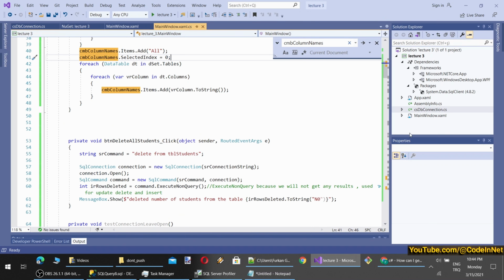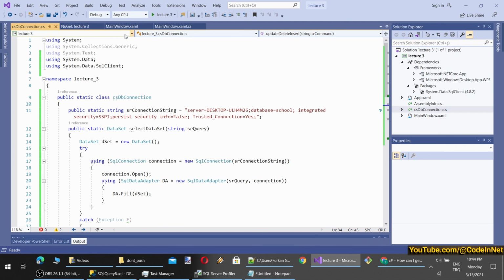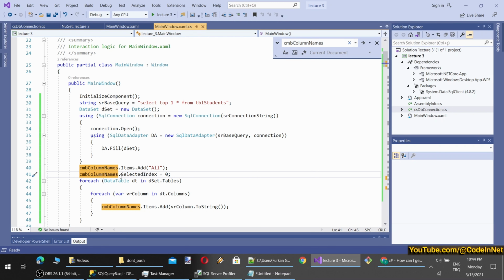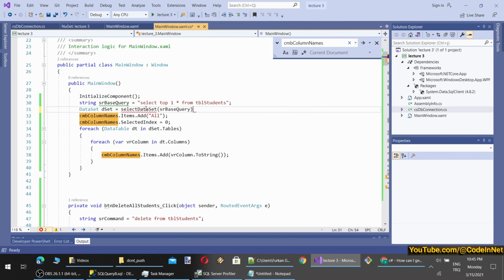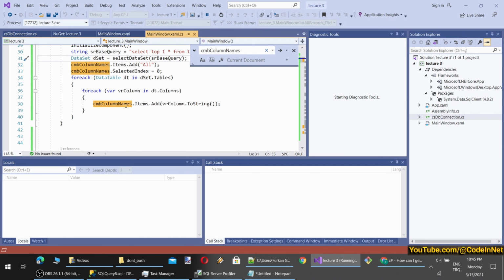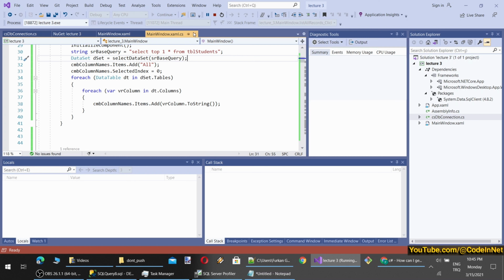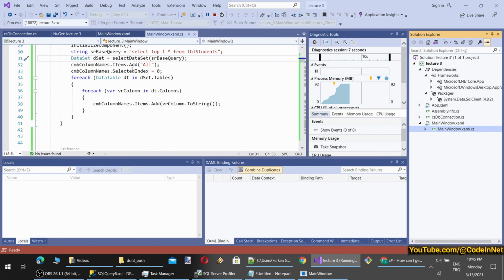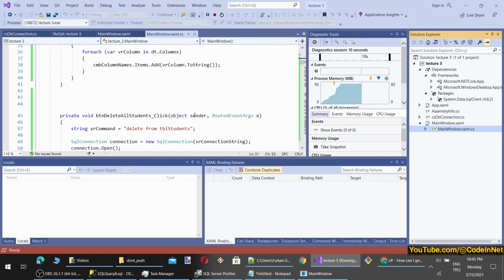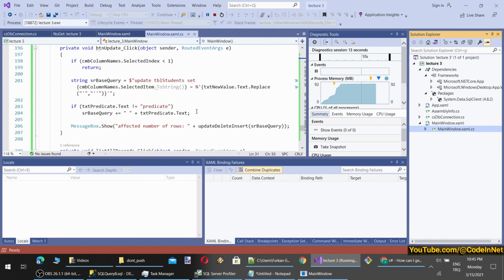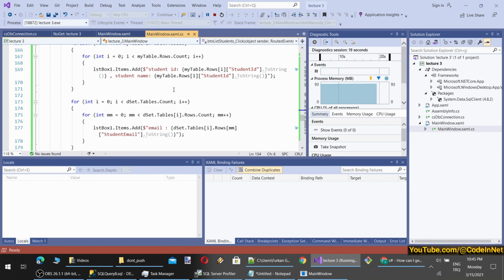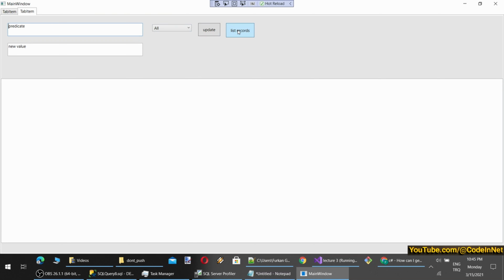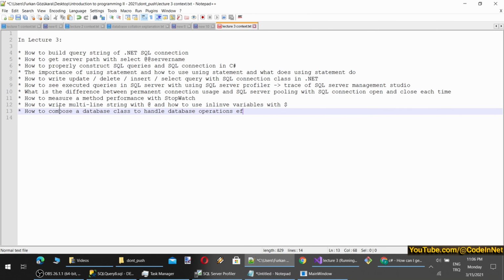I have composed a connection class. Now I don't have to write this each time. Okay, I will also fix this. Dset is equal to select dataset, our base query. Now it should work also. You see how much cleaner our code becomes. We could also remove all the duplicate code we have written here previously, but I won't touch it so you can see it as well. But at home you can remove these duplicate queries and use the methods we have generated. Okay, it is working. Operation executed properly.